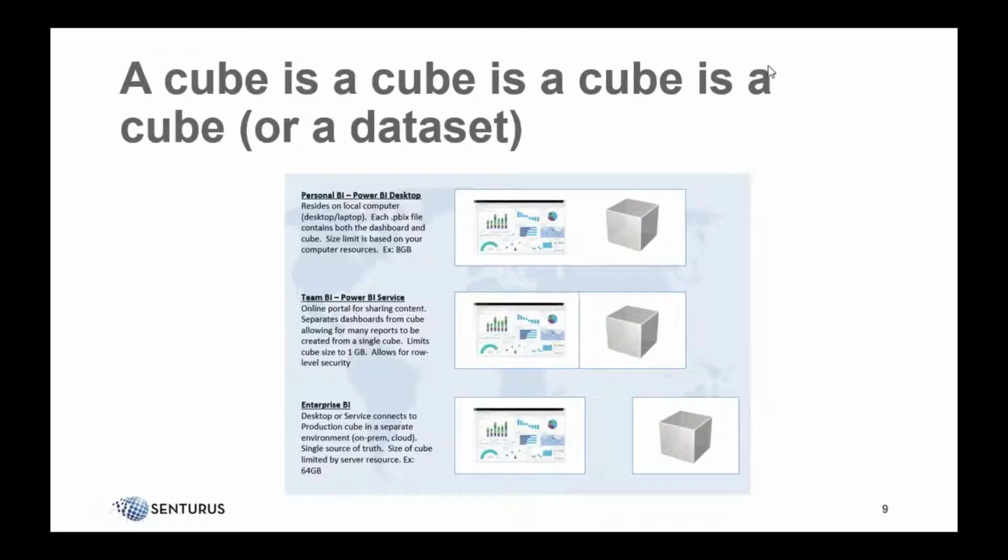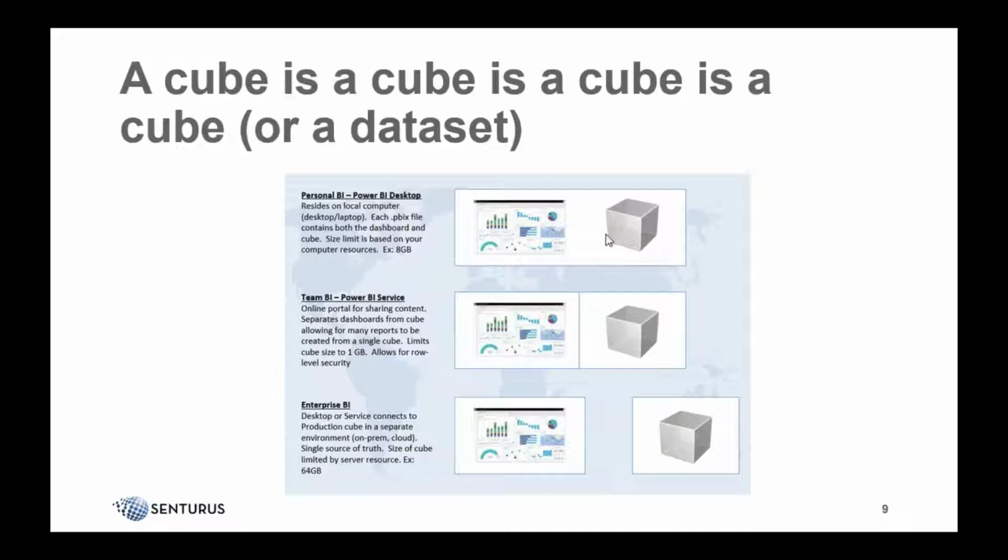So in Microsoft Power BI, you have the ability to bring data into Power BI, do some transformations on it, create a data model with relationships and calculated measures, and in the end, you're producing a data cube. If you've heard the term cube in the past, many production environments have data cubes that have been built by the IT department and then put into a production environment. Here, Microsoft is using the same exact technology as Analysis Services cubes and has made it part of the Power BI Desktop